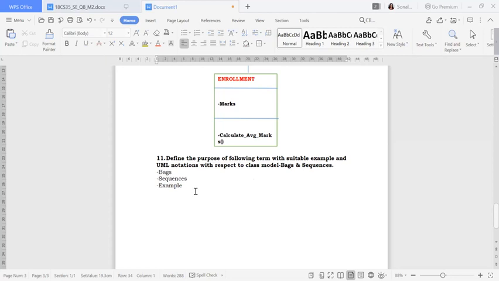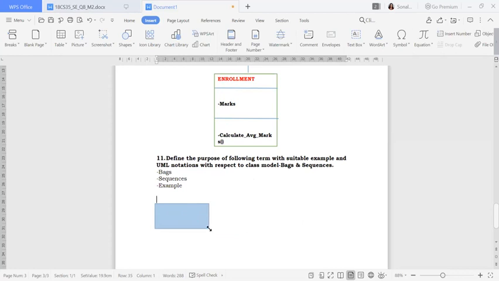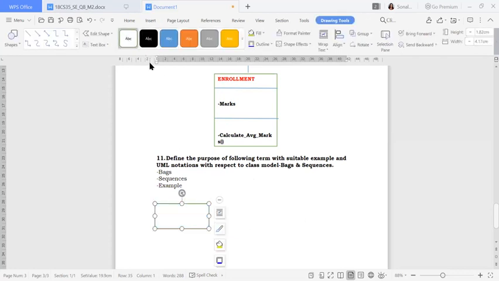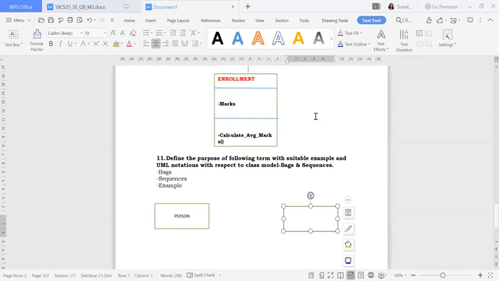If you want to go for one of the diagram, I'll just show you how to make the diagram also. I will make the diagram over here, so clarity will be there. Okay, so I'll insert one rectangular box over here. Fine. I will put one more box over here, and here I will write person, and here let me write job. Okay, one person wants for the job, so jobs will be on this side.